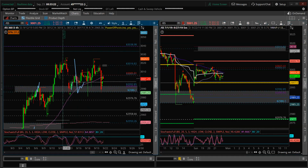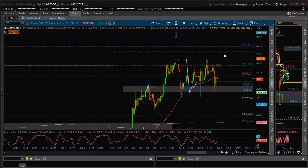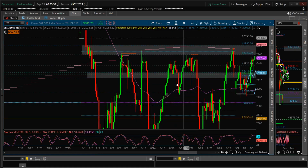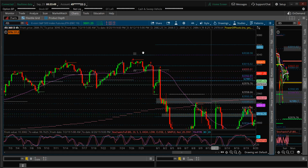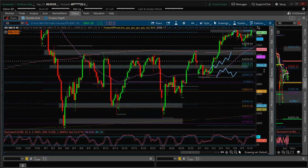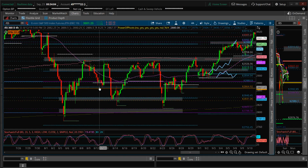So on the higher time frame, if you guys can see, it's still doing higher lows. Let's go back a little bit so I can show you the difference. When it was back here, where is it? It's been so long. I want to find a perfect example. Still higher lows. Here, yeah, I can't find it right now, but